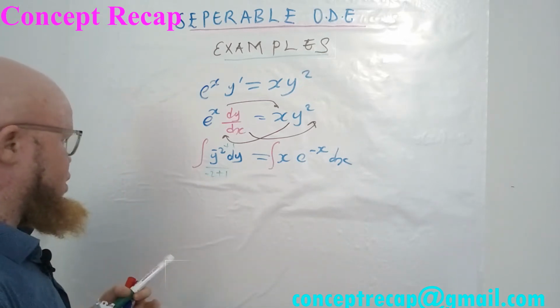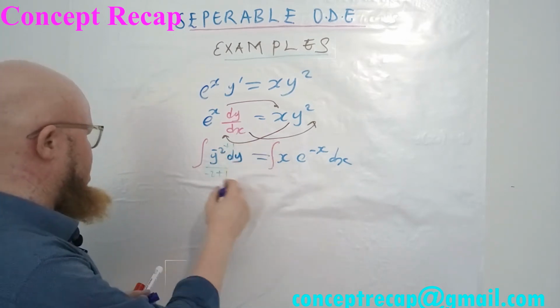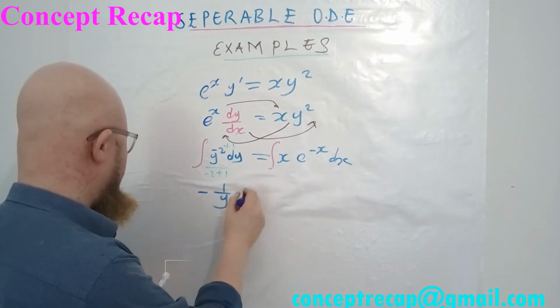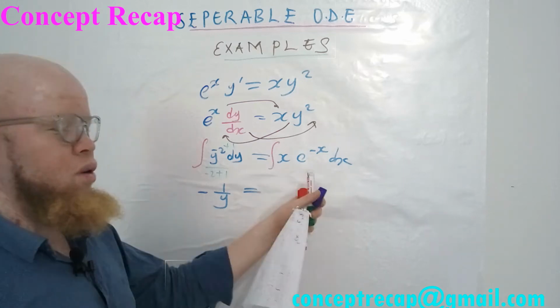So for this side, it will be minus 2 minus 1, it will be minus 1, then this will be negative, so it will be 1 over y. So it will be like this. And for this side, you are going to use